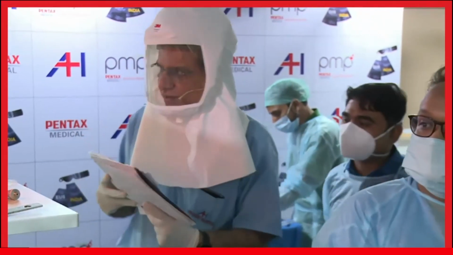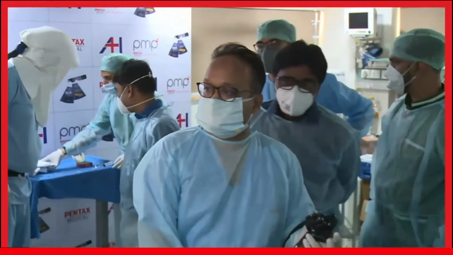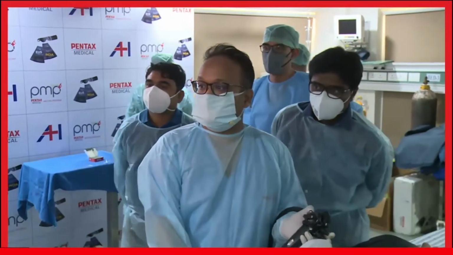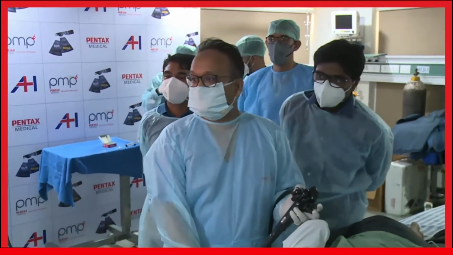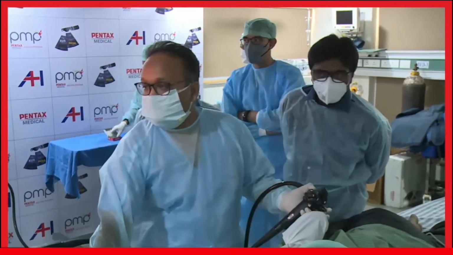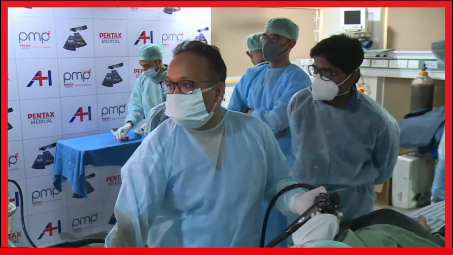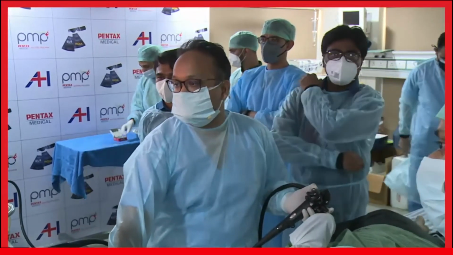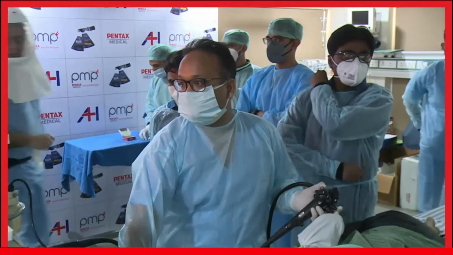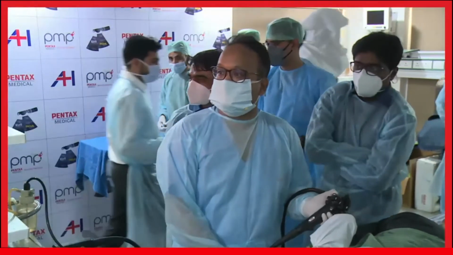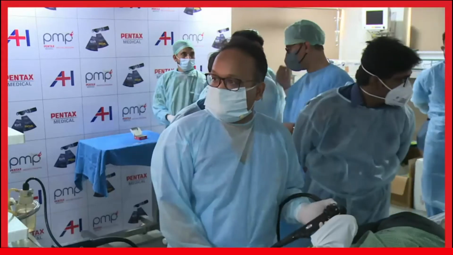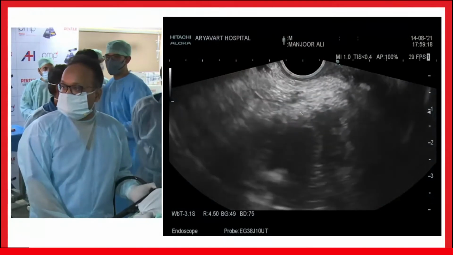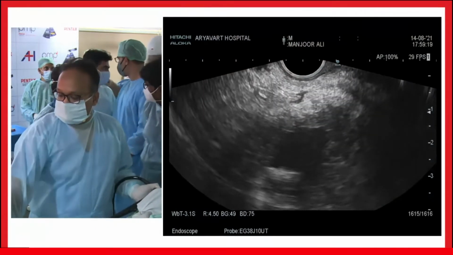We are running late. This is a case of chronic atrophic pancreatitis with disproportionate dilatation of the duct in the body as compared to the head region. So as you can see, this is a heterogeneous hypoechoic mass measuring around 3.5 into 2.5 centimeter in the pancreatic neck region, and the duct proximal to this is dilated till 1.2 centimeter.